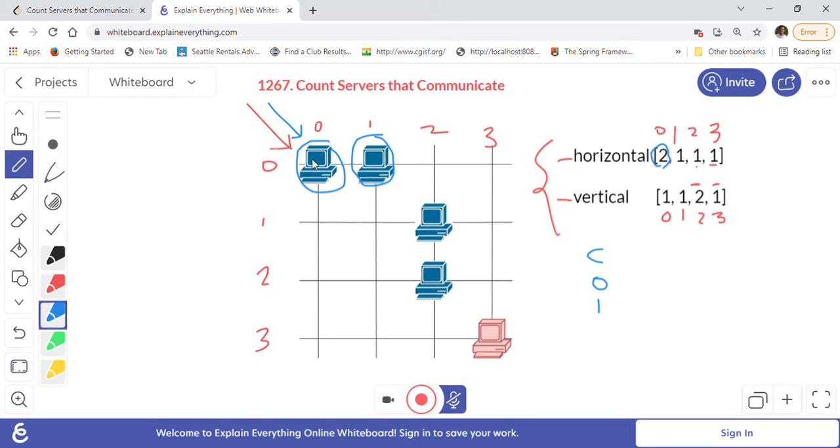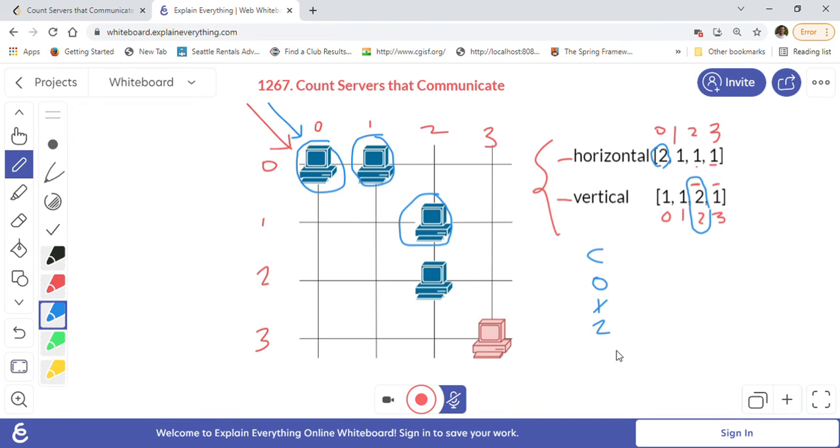So we will find that there is another server available in the same row, right, because of this horizontal 2, right? Because still we have i equal to 0. So if i is equal to 0, meaning row 0, we have two servers, right? So we will again increment the count from 1 to 2 here. When we reach here, again we will check if we have more than one server available in this row or column. So in the column we see that there is another server available, and how will we see that? Because of this, right? So the second column has two servers, right?